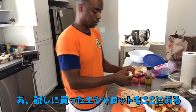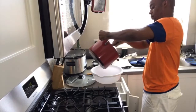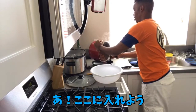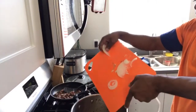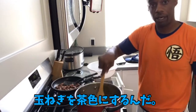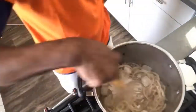Also, I got the special shallots in there. I'm gonna try those. Take the meat from this pot. You know what? I'll put it in a. Drop the onions in there. These onions, you let them brown. And then while I'm doing that, I